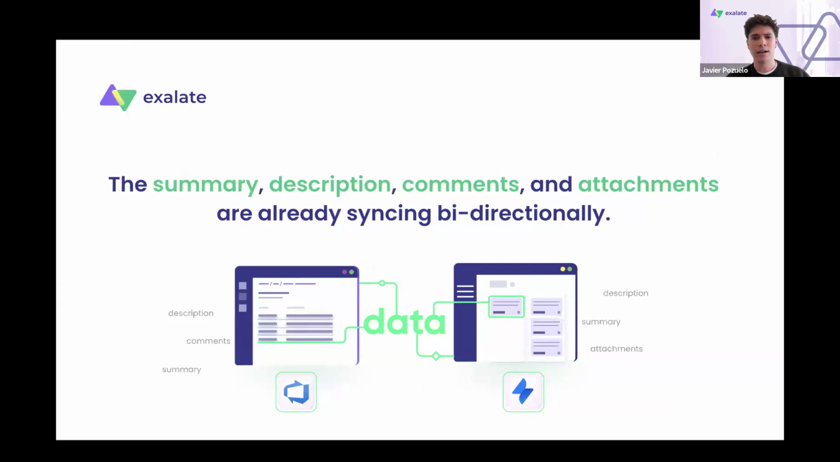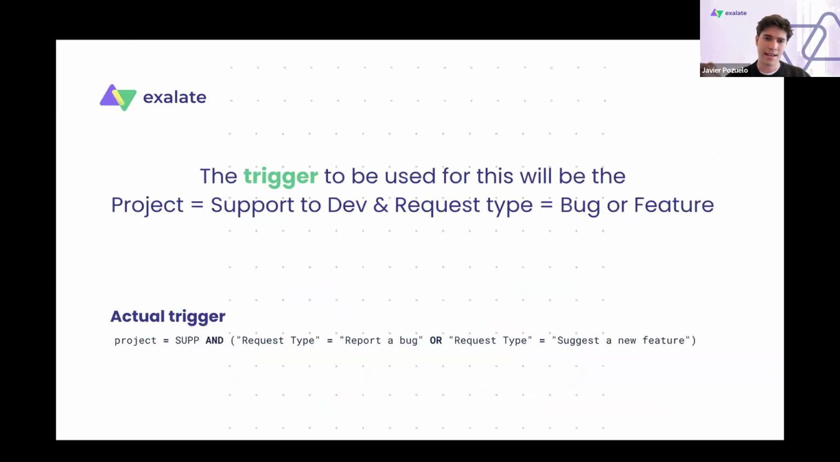And actually, as I've explained earlier, I mentioned the triggers in Exalate. Triggers allow you to start sync automatically. So we have a filter in which we decide which issues get automatically synced to the remote system. For this specific use case, we have created a trigger which says, if our project equals support and our request type is either report a bug or suggest a new feature, it will get synced to